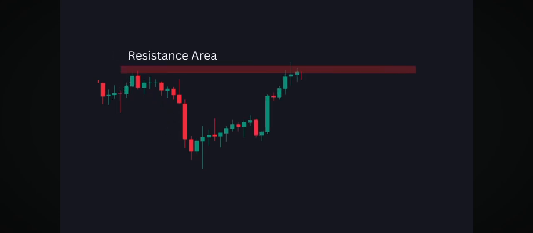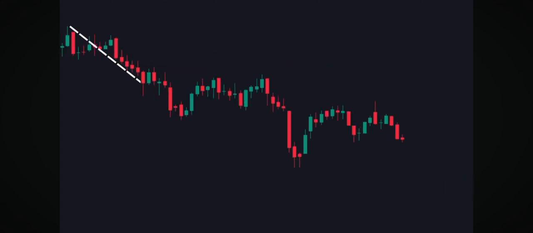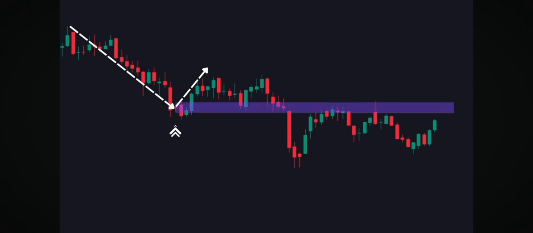Let's consider charts with no clear multiple rejections. In such cases, focus on significant price swings. For example, if the price ascends to a peak and then declines, you can draw a resistance line at that peak. The same logic applies in a downtrend where the price falls to a trough and then ascends, marking that trough as a support line. Identifying these key swings helps in defining crucial support